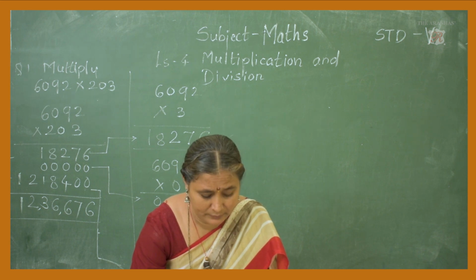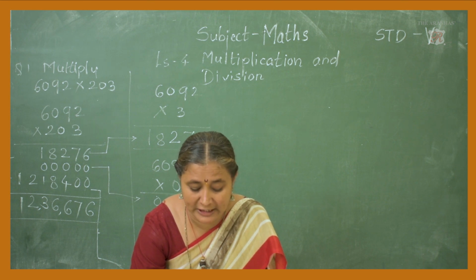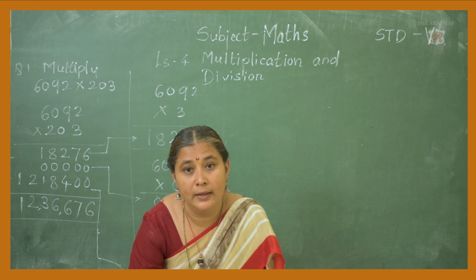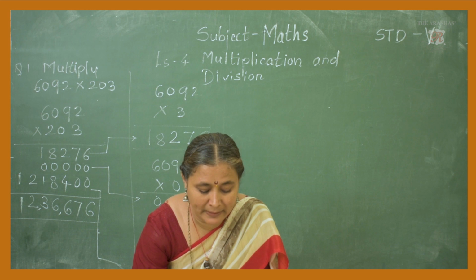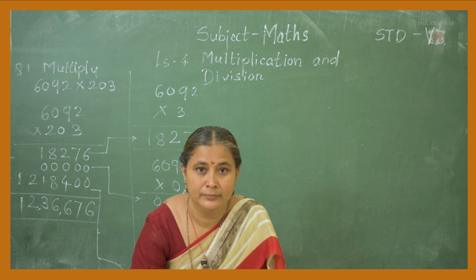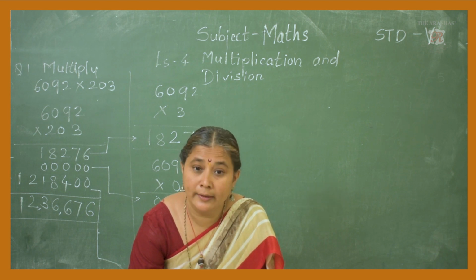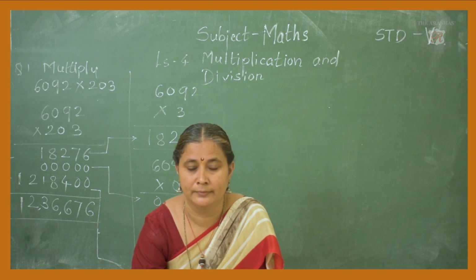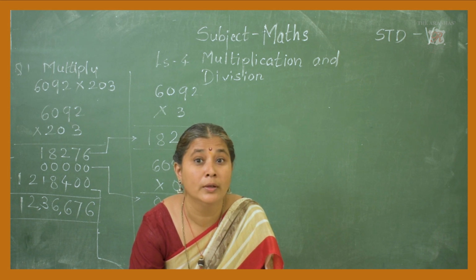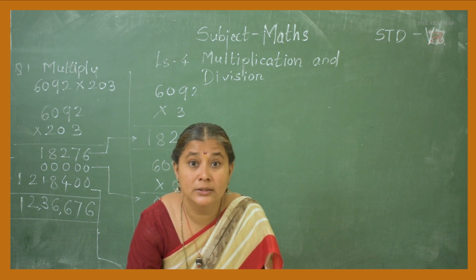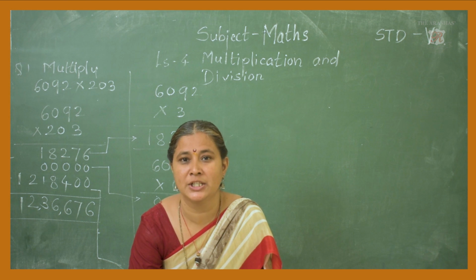In a plantation, saplings of 215 medical trees have been planted in each of the 132 rows of trees. How many saplings are there in the plantation together? See, what is given? 215 medical trees are there. And how many rows are there? It is not only one row or two rows. It is 132 rows. So, here we have to do the multiplication.